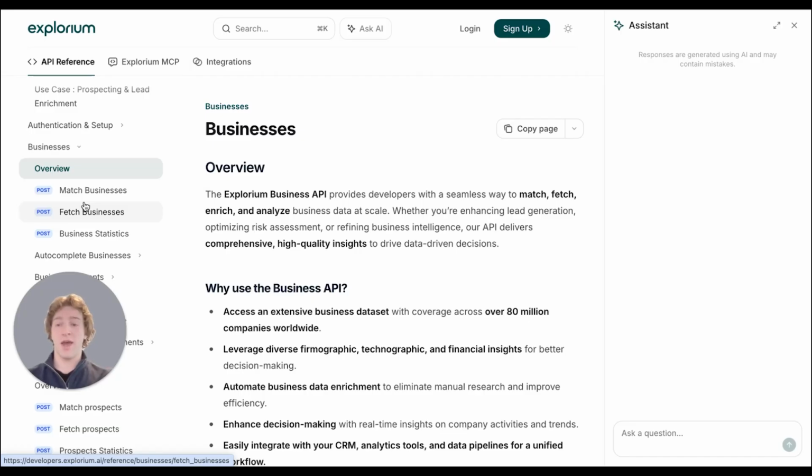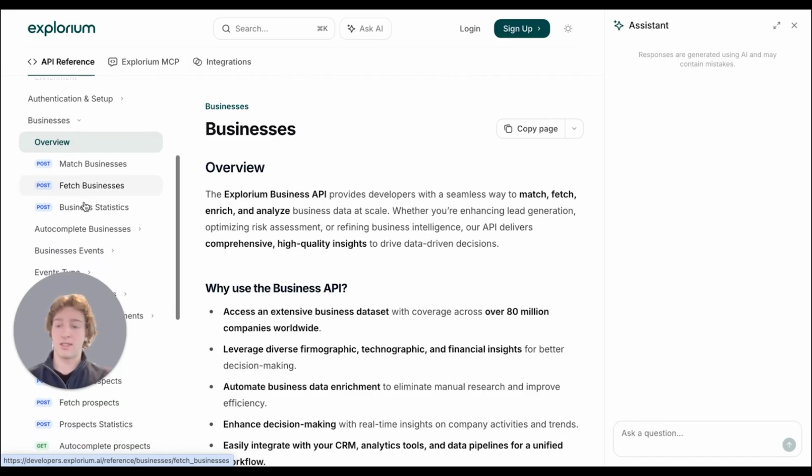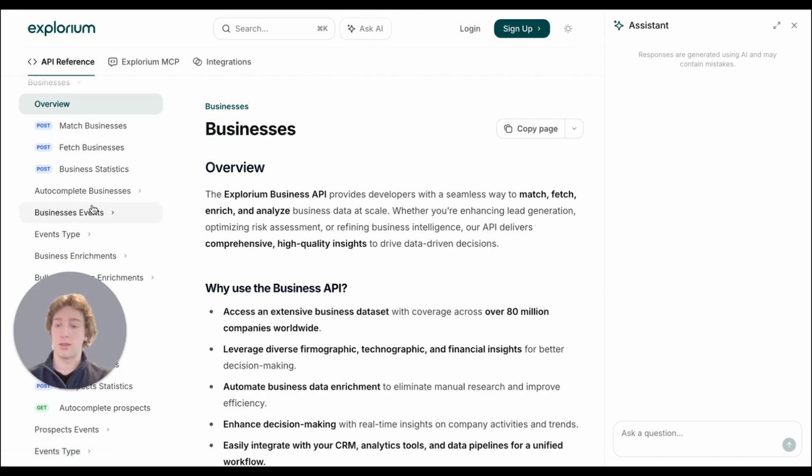On the other hand, fetch will give you many different IDs for a general category of businesses. For example, if I want to find businesses that have certain firmographic bands, whether it's employee count, revenue range, and so on, I can put those parameters into the fetch endpoint and it can give me all businesses that meet these parameters. And then again, once I have these IDs, we can move forward and you can use business events,